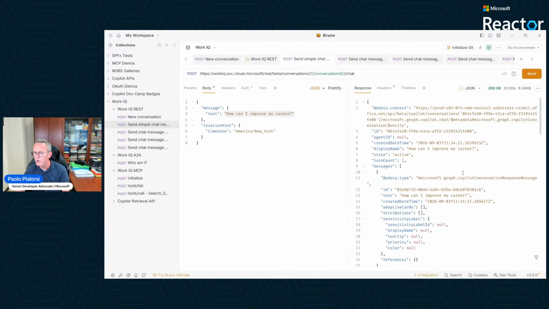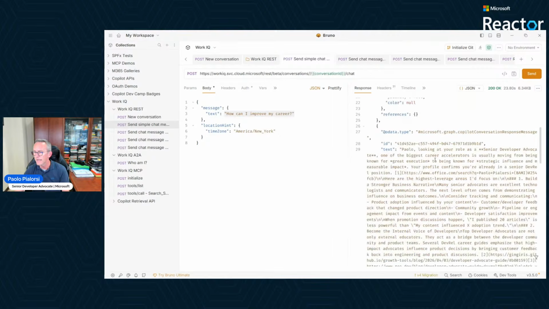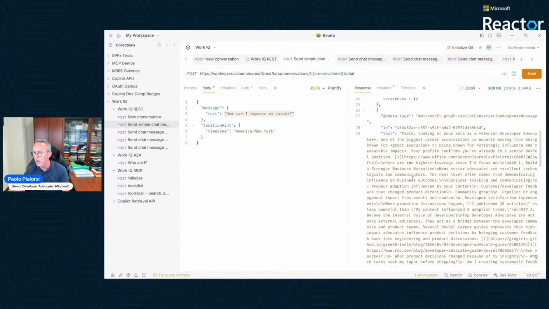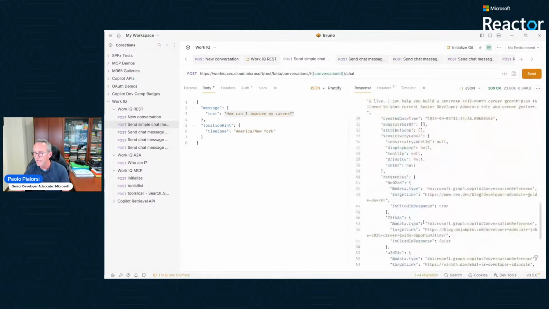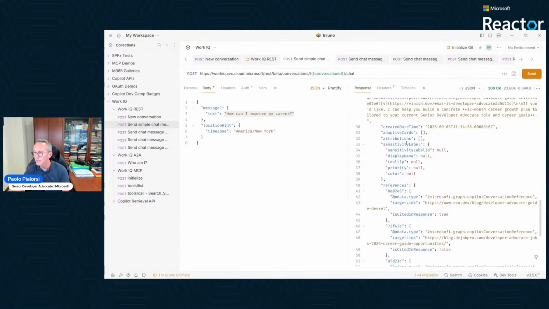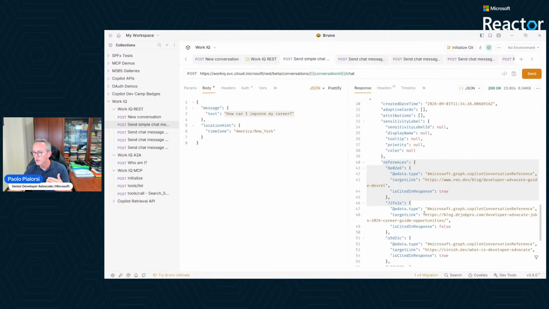And here you can see the output. And for example, here I get back a comprehensive answer about how I can improve my career based on what is actually available inside the documents that you can see were referenced by WorkIQ and by the agent that was used by WorkIQ,